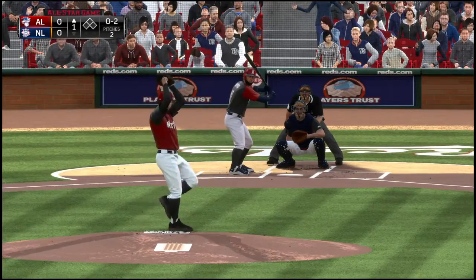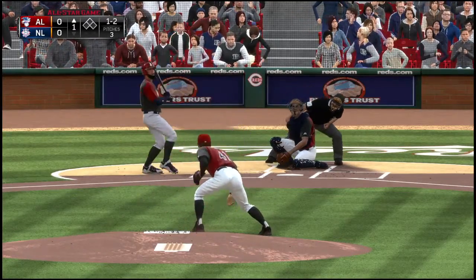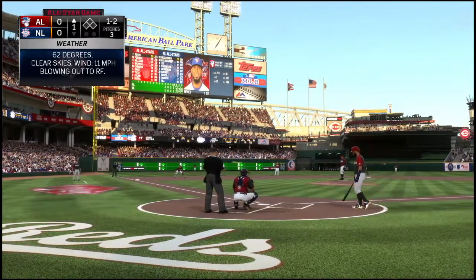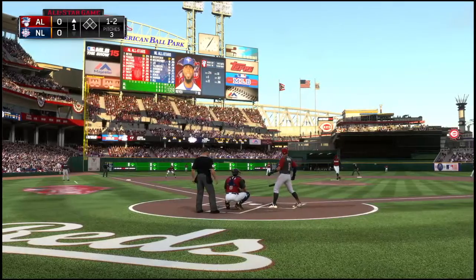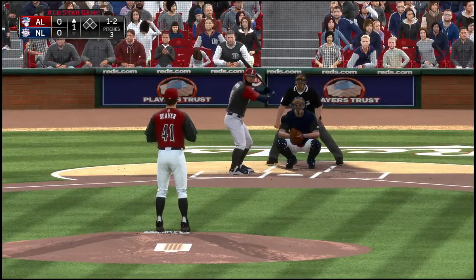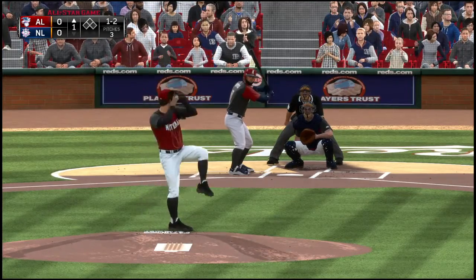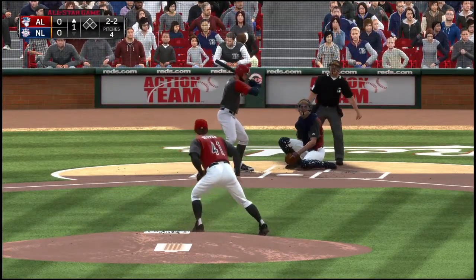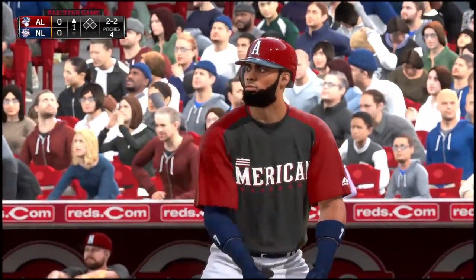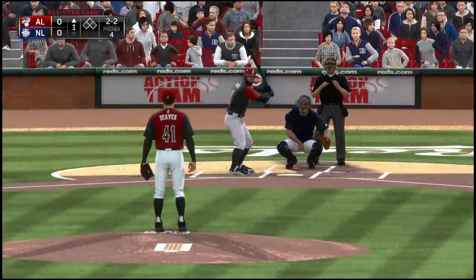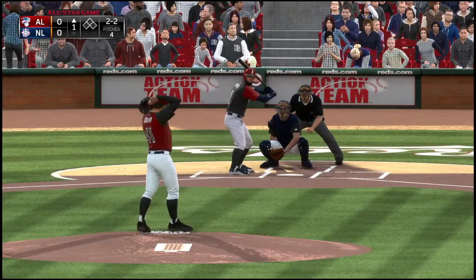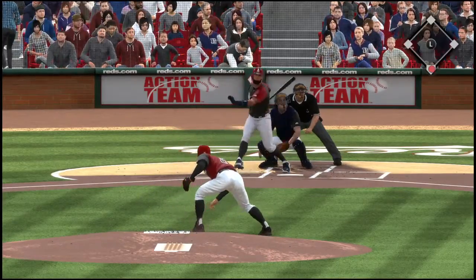Now the pitch. Oh, and he dusted him off the plate that time. Some mind games being played now. It's 1-2. Game time temperature tonight, 62 degrees, but should drop into the 50s before we're done. Here comes the 1-2. And a good take there. Close, but it's 2-2. And when he's down 0-2, he's smart enough to know guys are going to try and get him to chase. So now at 2-2, he's got himself back to a spot where he doesn't have to go after a pitcher's pitch.